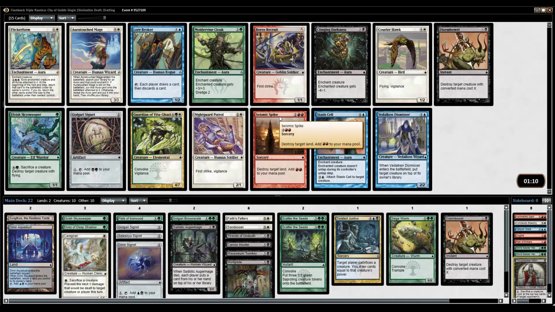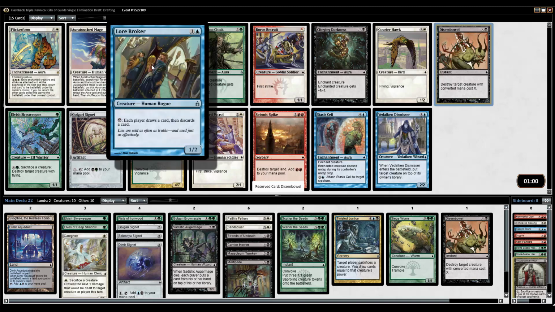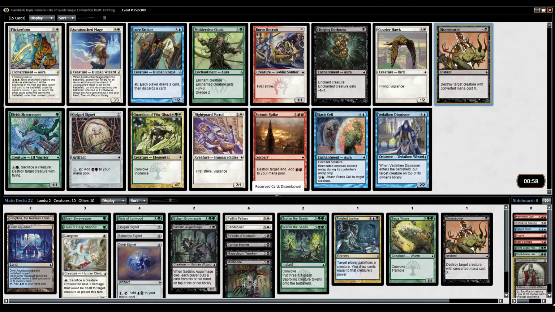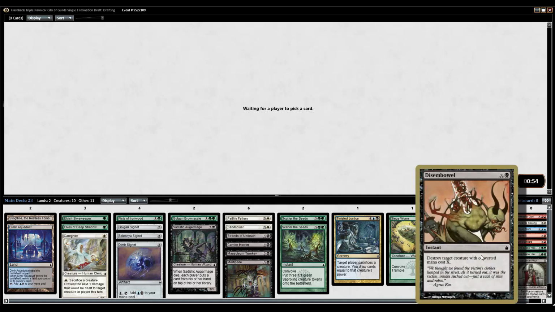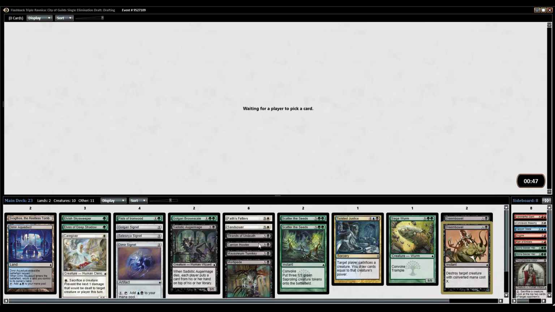I don't know. This deck is a little all over the place right now. There's a Disembowel. There's a Guardian of the Vitu-Ghazi. There's an Aura Touched Mage for Strands of Undeath. I think I just take the Disembowel here. Lore Broker. Disembowel is pretty close to unconditional. There are a couple regenerators in the format, which is a little awkward, but